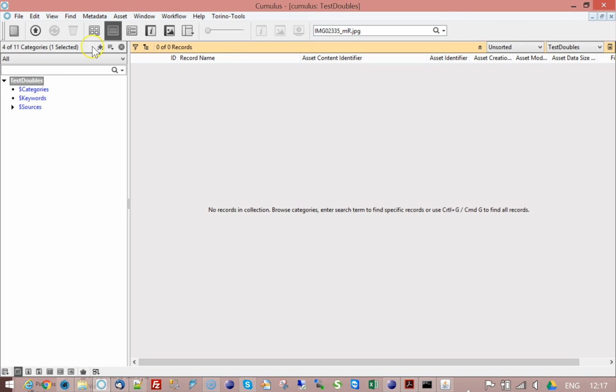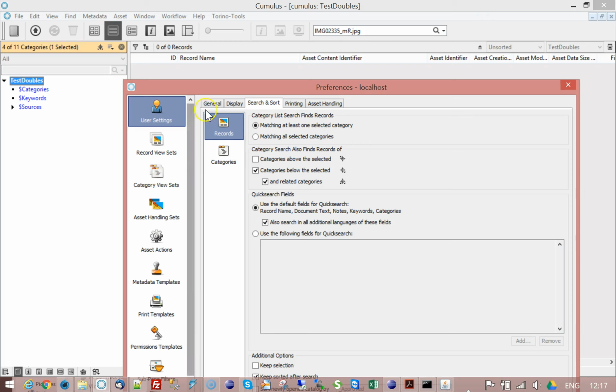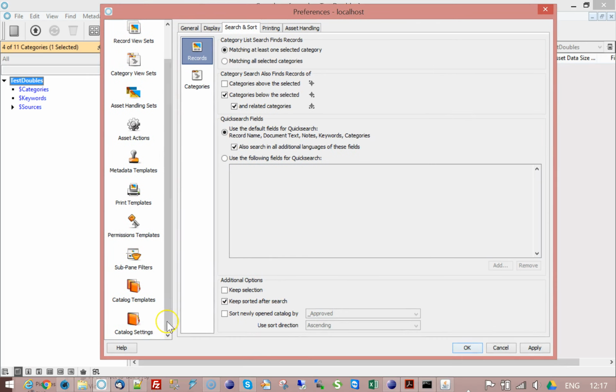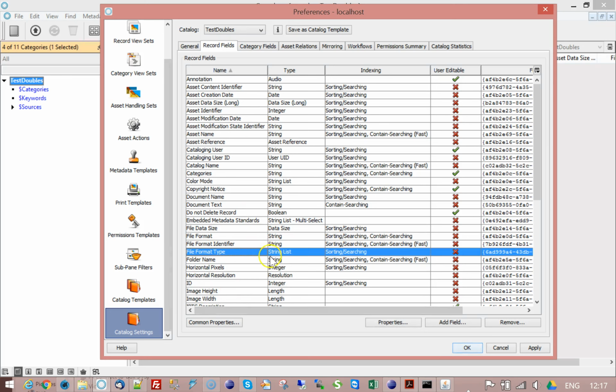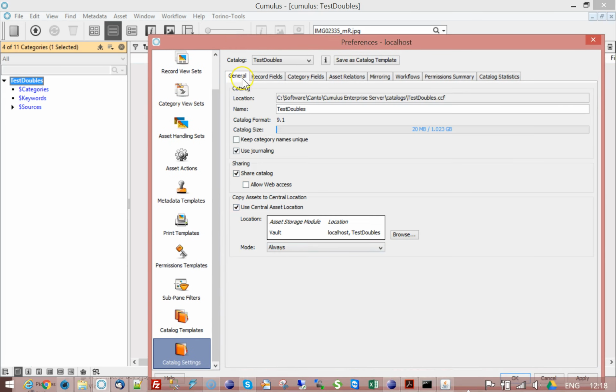If I repeat this same procedure with a catalog without a vault, then you have to make sure that in your workflow you have that additional copy to a new location, because the standard functionality of a workflow, a hot folder workflow, is to delete the file. And so I'm going to disable the vault. I'm going to say as set in asset handling set,